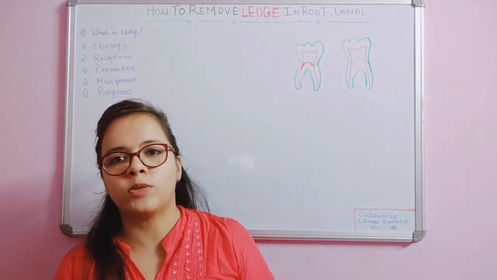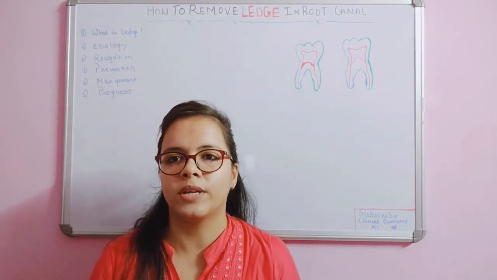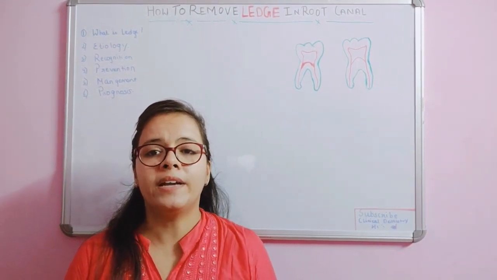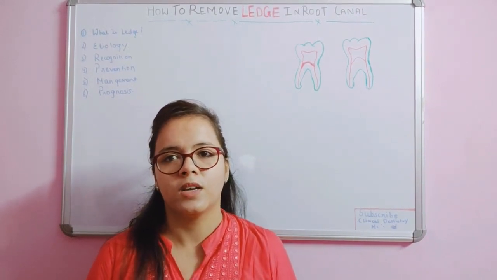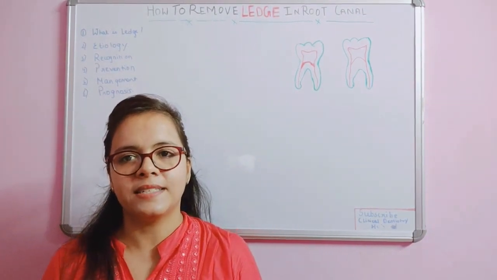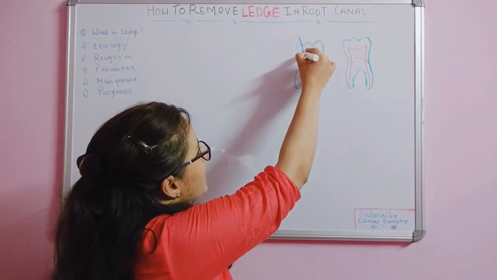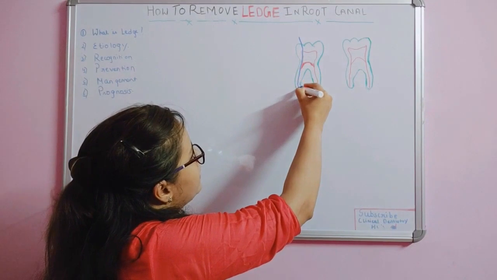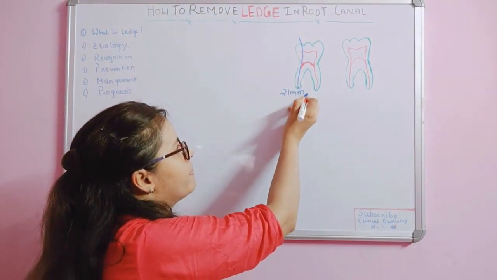You are all sweating and running here and there, thinking, oh, now my root canal will fail and all. What do you have to do when such a thing arises? In that case, you have your file initially up to this length, that is 21 mm.